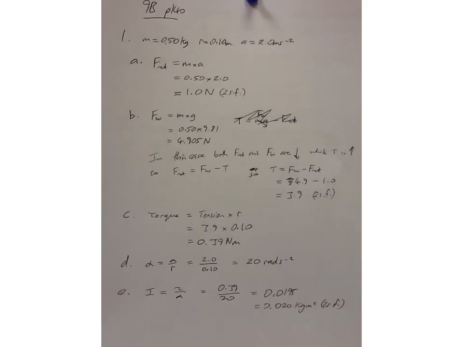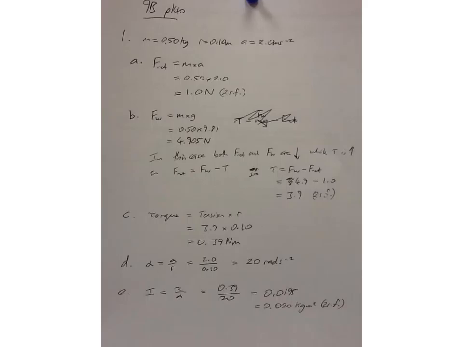Okay, I'm just going to talk through the solution to question 1, page 140 in the study guide, also called activity 9b. So question 1 talks about a diagram of a wheel, and it's attached to a mass which is allowed to fall. Now, of course, as soon as you release that mass,